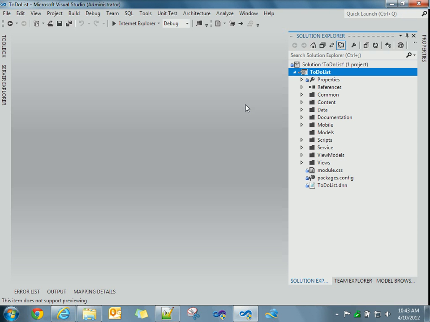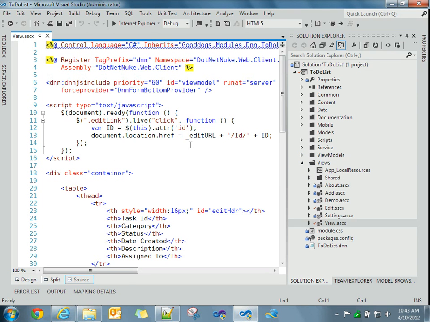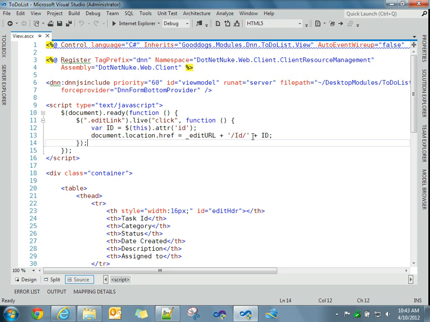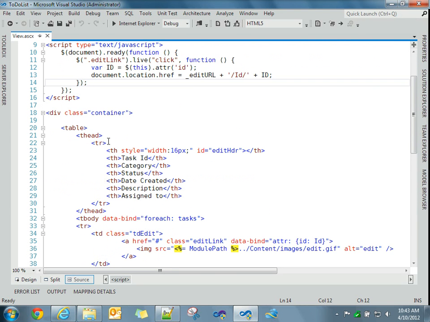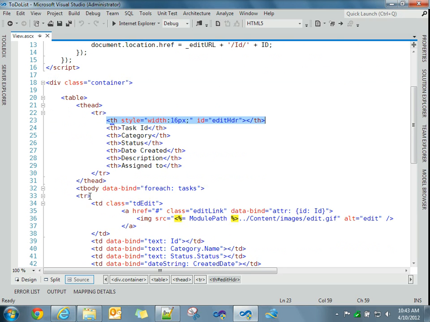Okay, so we're back in our Visual Studio solution, and under our Views folder, we're going to make some changes to our view to add an edit icon, basically the edit pencil that we can click on, which will take us to the edit screen. So in our table, I'm going to define an additional header, 16 pixels wide, which is where our image will be displayed. And then in our body, for each row, I've added a new